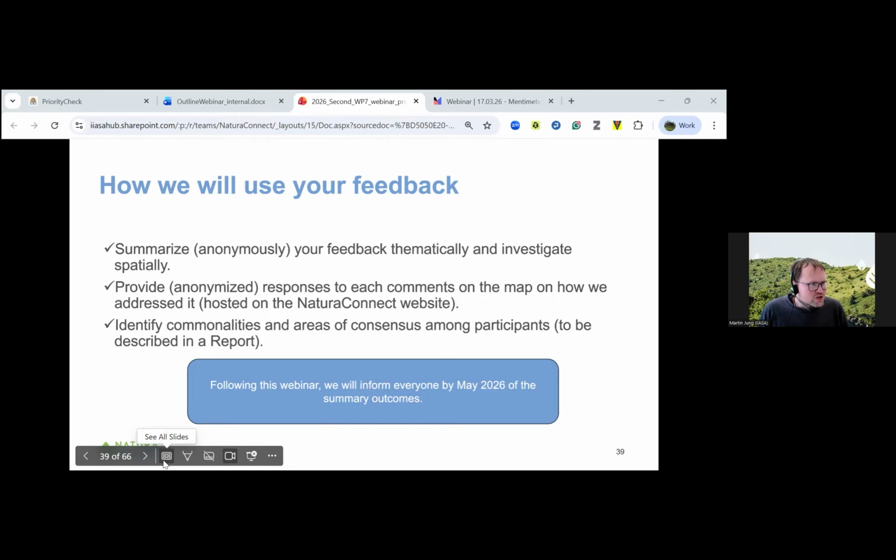Then I think we can close from here. So basically what you see in this slide is just a general indication of what happens from now on. As mentioned before, the platform will remain open for 3 more weeks at least, so until mid-April. You're very welcome to forward it to colleagues in the institution or other partners in different regions that are familiar with certain biodiversity strategy targets, essentially, or certain regions itself.